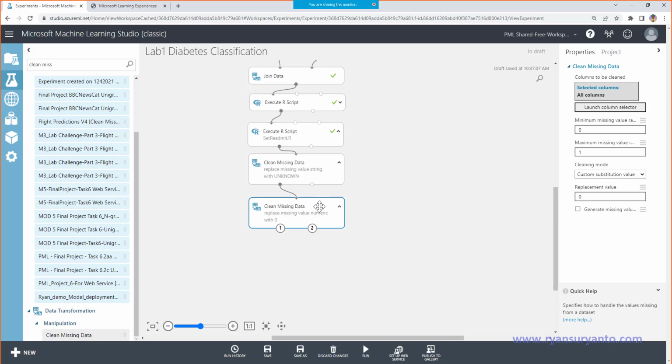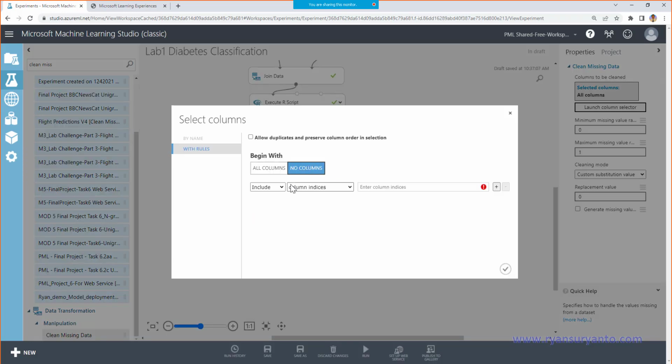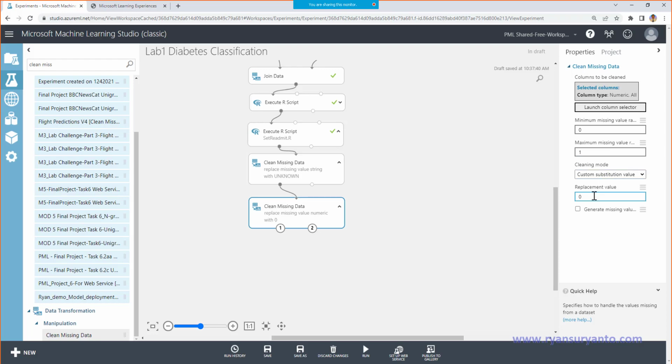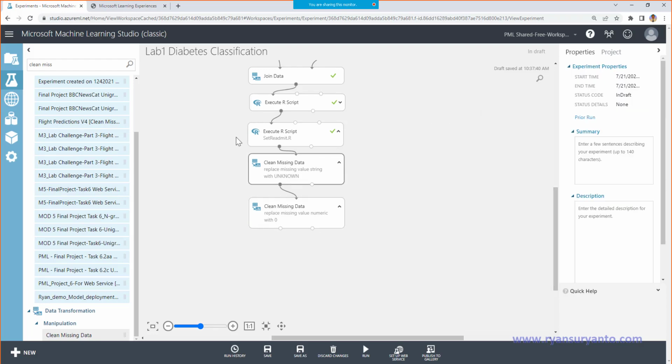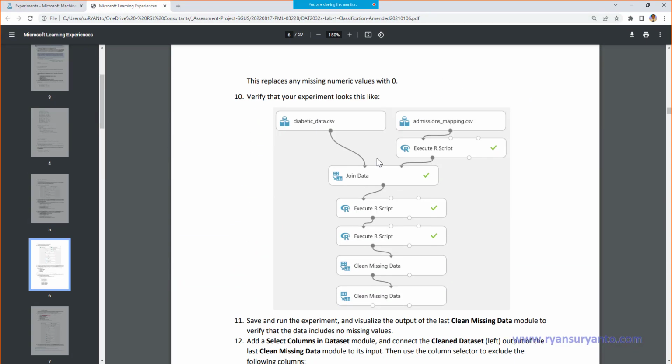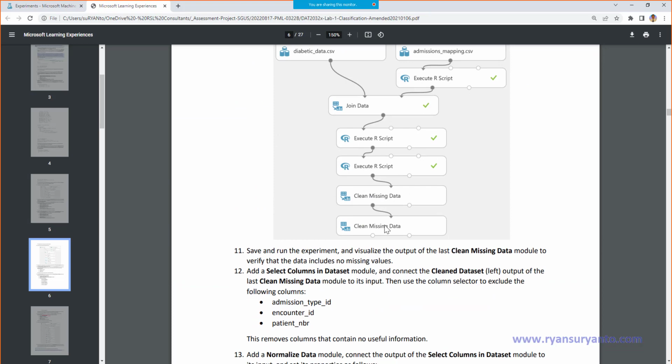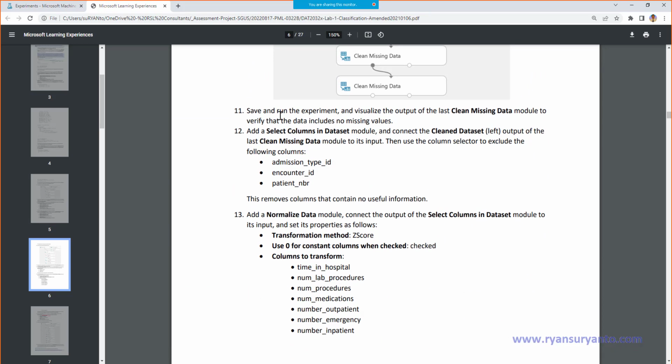So start with no column, include the column type numeric, and then after that custom substitution with 0. Done already. No need to run first. So this is exactly like this. Oh, they ask us to save and run.